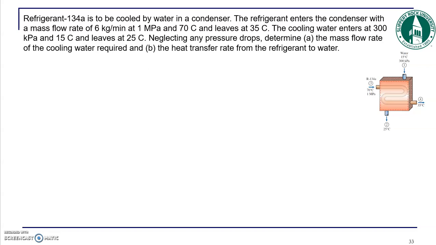So basically we are cooling down the R134A and we are neglecting the pressure drop, and we are asked to calculate the mass flow rate of the cooling water. So the purpose of the first part of this problem is to calculate the m dot, right? So if you write the energy balance equation, one thing which is important to notice is we do have heat transfer within our system, but we don't have any heat transfer with the surroundings. So if this is your heat exchanger,